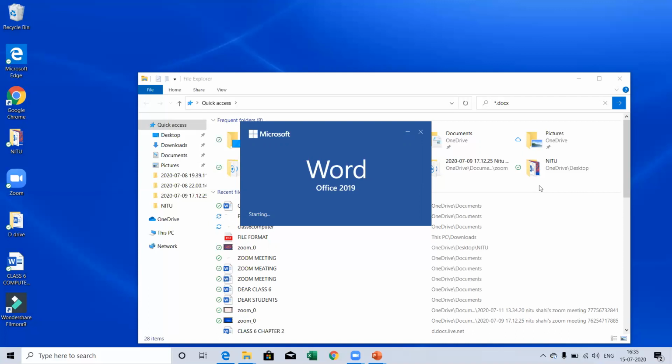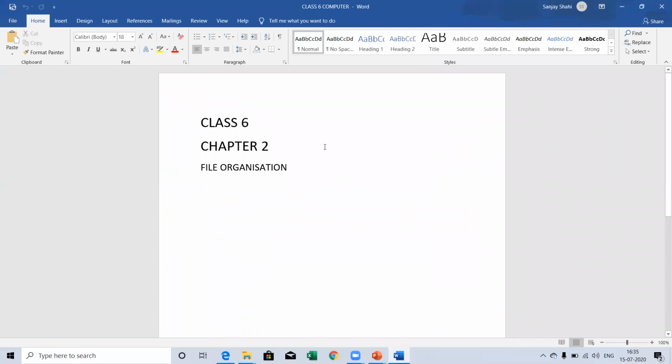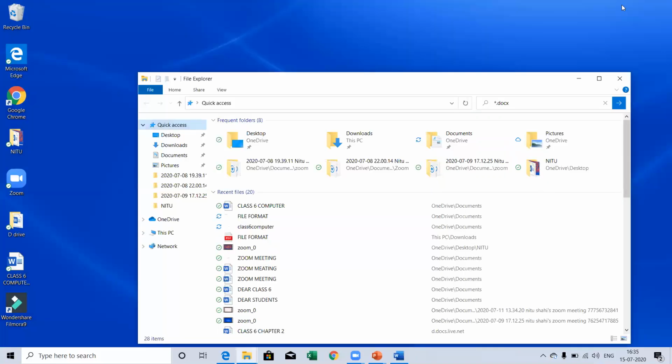This was your Microsoft Word file. Now you can see I selected my required file, and in this way you can search for your file. This was the use of the star asterisk sign, how you can search for your file with the help of the asterisk sign.